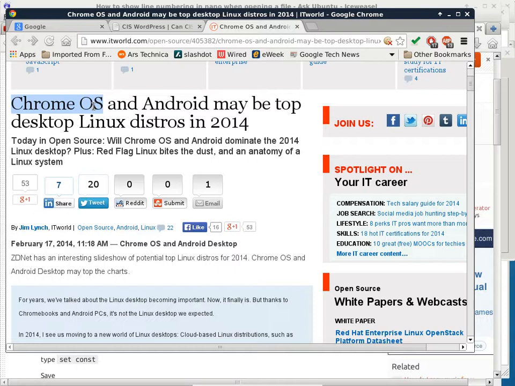The second one, which is also coming from Google, is interesting because it comes from an entirely different direction. Because when most people think about Android, what do they think about? They think about something like this, right? I mean, that's a typical device that runs Android. Or something slightly larger, maybe a 7-inch tablet or maybe a 10-inch tablet. But the desktop version of Android is actually making some headway into becoming a desktop operating system, which I